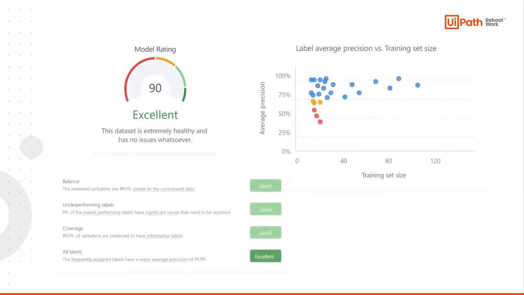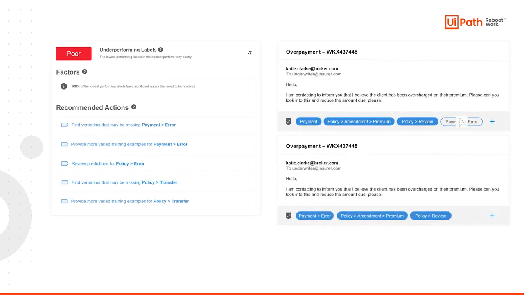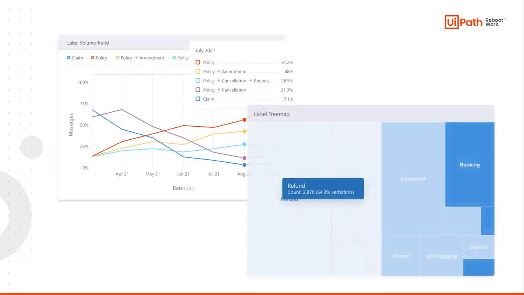But before we rely on these predictions to influence decisions or enable action, we need to know how our model is performing. The platform's validation functionality provides full transparency when it comes to performance, validating your model automatically each time it retrains. We can easily understand if our model is performing as it should across key performance factors that are aggregated into a single model rating for simplicity. The platform also guides model trainers to make improvements as needed with recommended next best actions. Once we're happy with our model's performance, we can very quickly generate valuable and actionable insights from these business conversations.